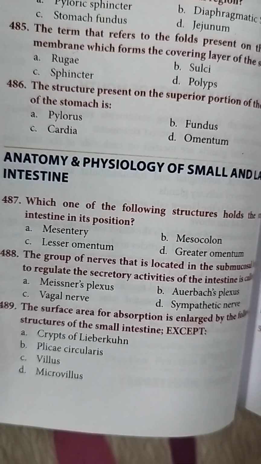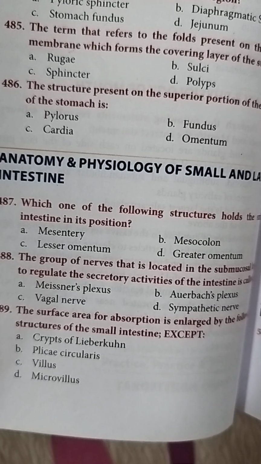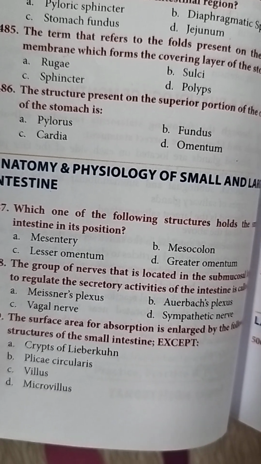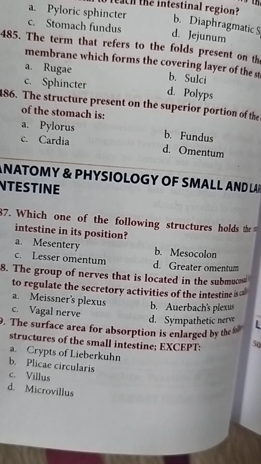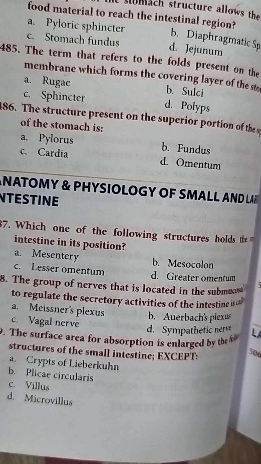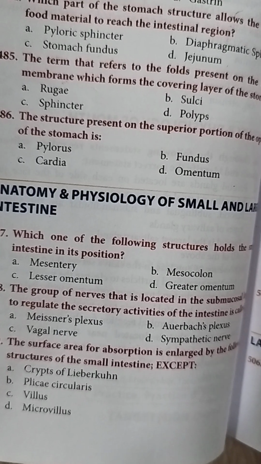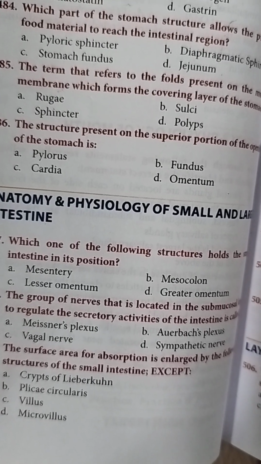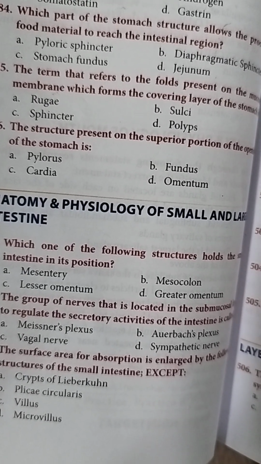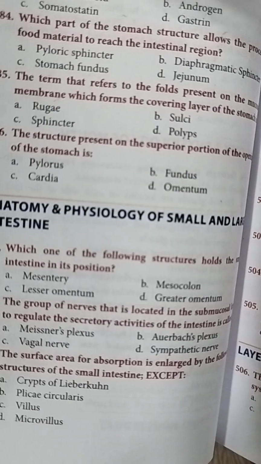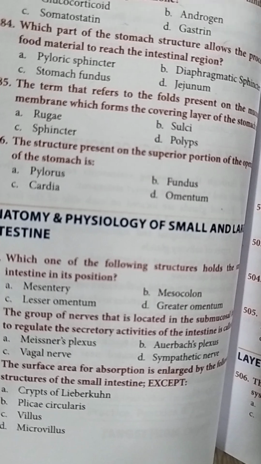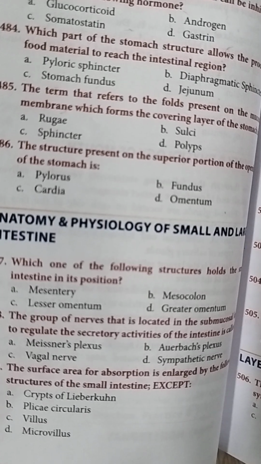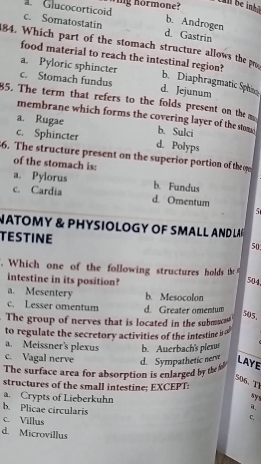The surface area for absorption is enlarged by the following structures of the small intestine except crypts of Lieberkühn. Except বলেছে, তাহলে যে সারফেস এরিয়া অ্যাবজর্পশন করার জন্য হেল্প করে, মানে যে জায়গায় সারফেসগুলো অনেক বেড়ে যায়, সারফেস এরিয়াটাকে অনেক বেশি করে, সেই স্ট্রাকচারগুলো কি কি? সেগুলো হলো প্লিকা সার্কুলারিস, ভিলাস, মাইক্রোভিলাস।